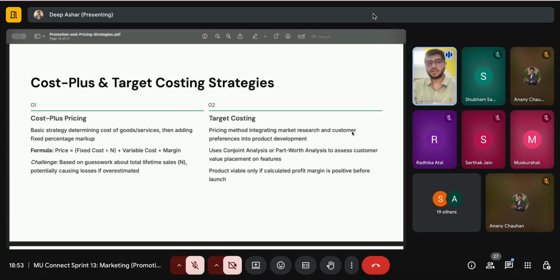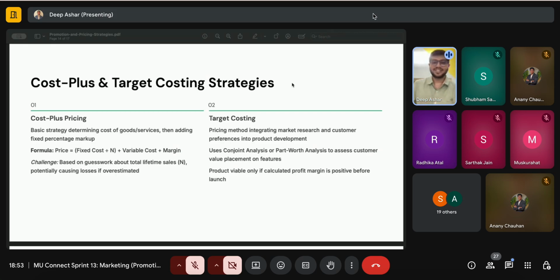So the formula that sir had given is your fixed cost, that's your total fixed cost divided by N. Now, what is N here? And this is where economics and marketing is different. Your N is the total quantity of the product that will be sold in a lifetime. And this is something that's going to be very hard to ascertain because no matter how much forecasting you do,